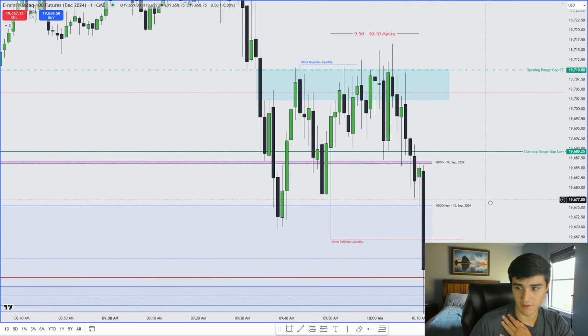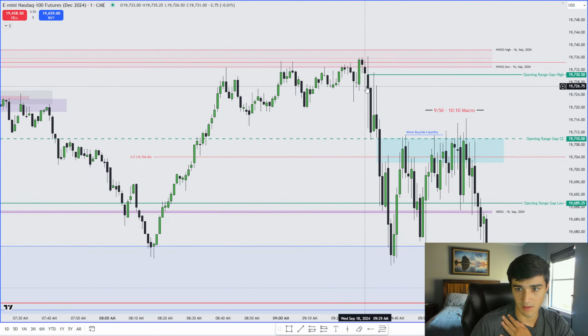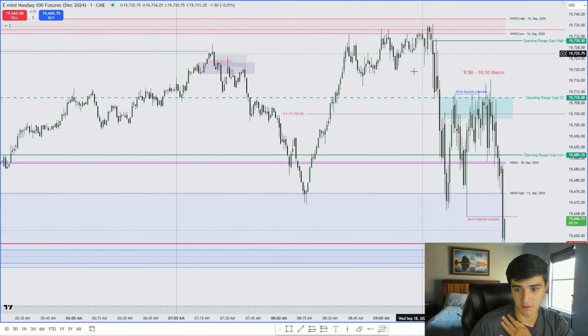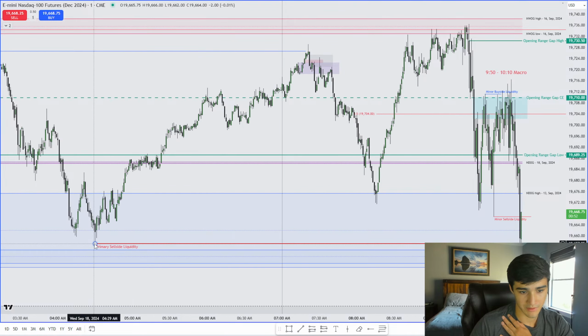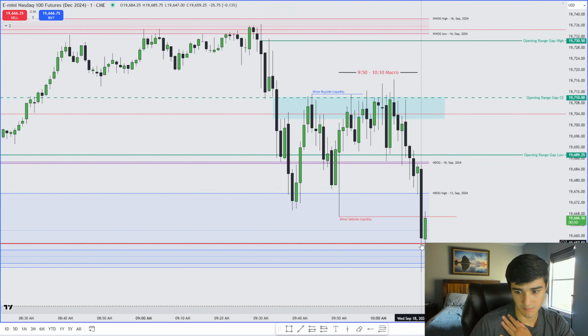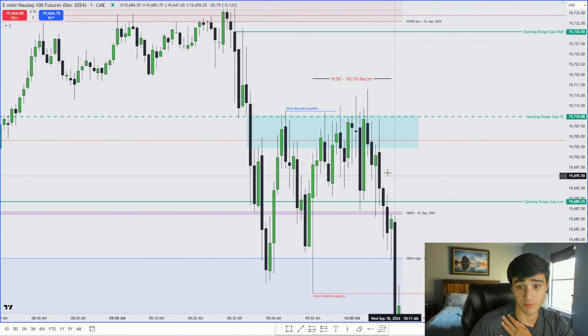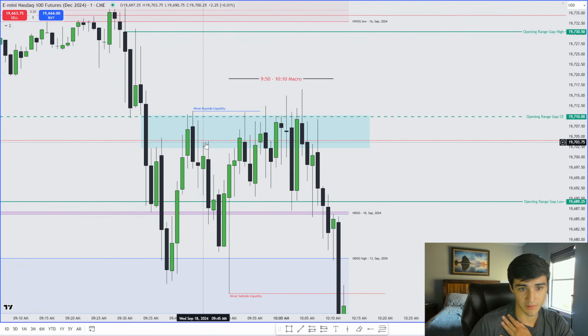So there's the draw on liquidity that I outlined at 9:30. So when the market was here, I was like, we're going down here. And we get there 40 minutes into market open. But there's just literally nothing that I want to get involved with. Nothing. So if I took this hypothetical short here, my stop loss would be above candle 2. I would have got stopped out, which is,